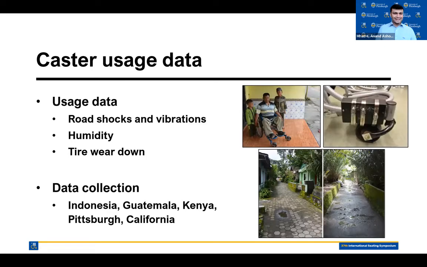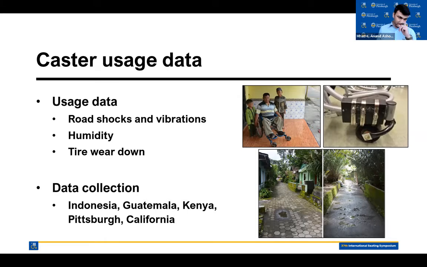I want to talk about caster usage data or wheelchair usage data. So what is this data? This data includes data points on how a wheelchair is used or how it wears down in the community. Data was collected on road shocks and vibrations, largely by accelerometer devices. You can see on the right hand side that there is a black box on top of a caster that contains an accelerometer and a battery. Other data was collected on